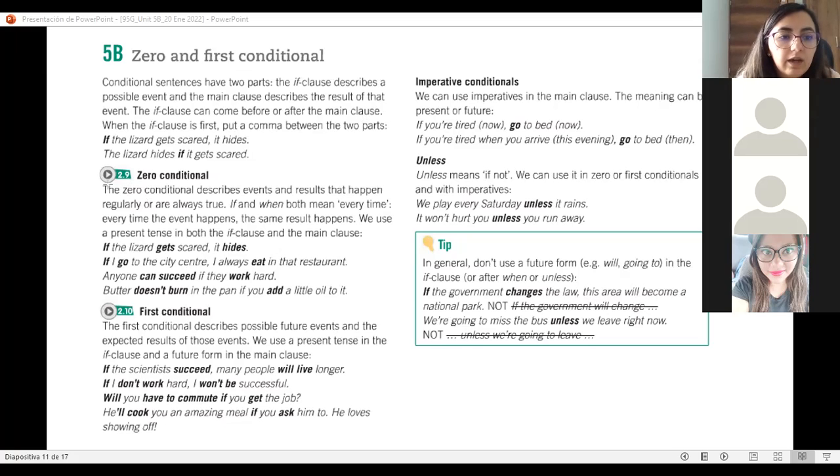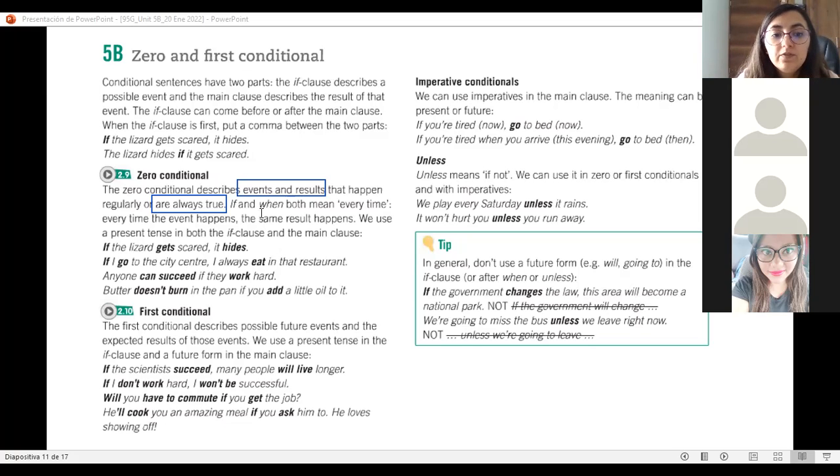For example, here we have, the zero conditional describes events and results that happen regularly or are always true, ¿sí? Es decir, para eventos o situaciones que se realizan regularmente y que son siempre ciertas, no van a cambiar. For example, here we have, if the lizard gets scared, it hides, ¿sí? Si la lagartija se asusta, se esconde. No, es un hecho. Siempre que se asustan, siempre se esconden.